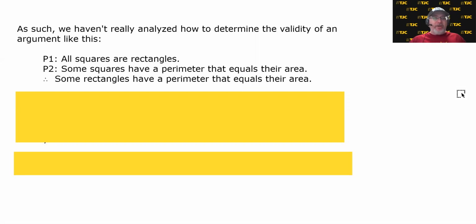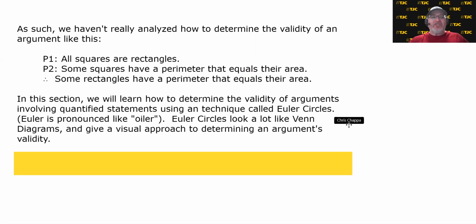Because we didn't make truth tables for quantified statements, we can't use the techniques that we used previously to determine the validity of this argument. So what do we do? In this section, we will learn how to determine the validity of arguments involving quantified statements using a technique called Euler Circles. And as I mentioned in the following comment, the name Euler is pronounced like the word Oiler,